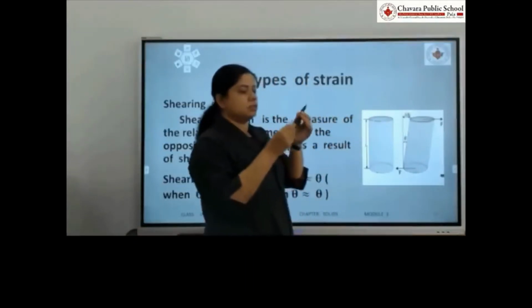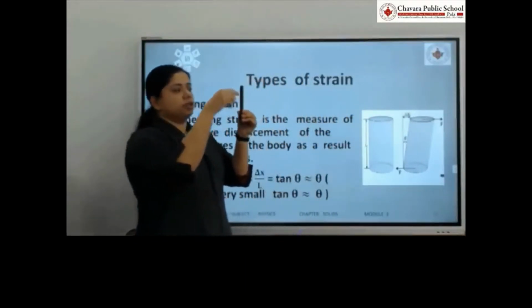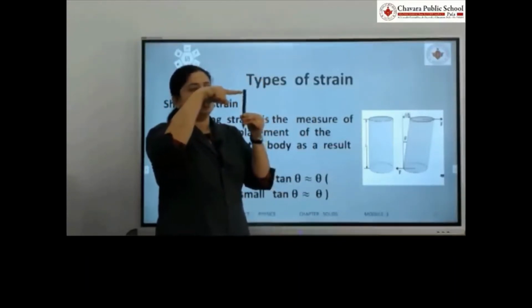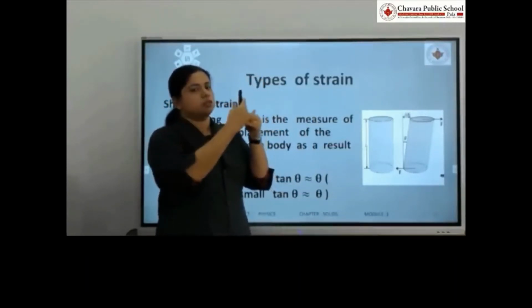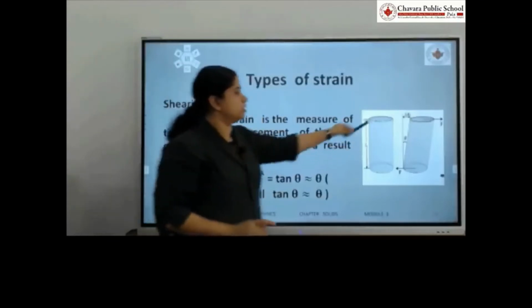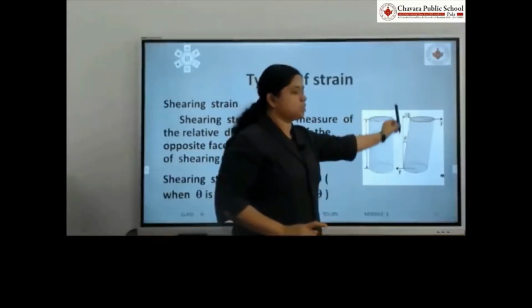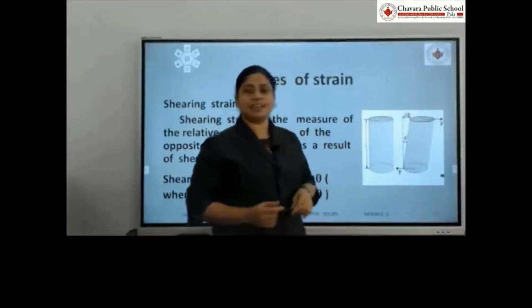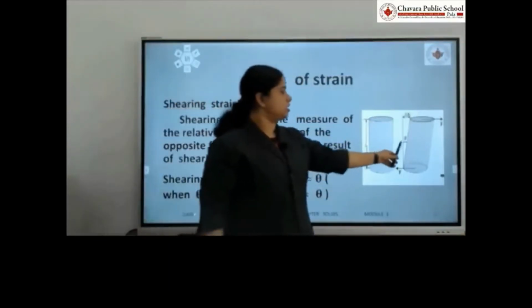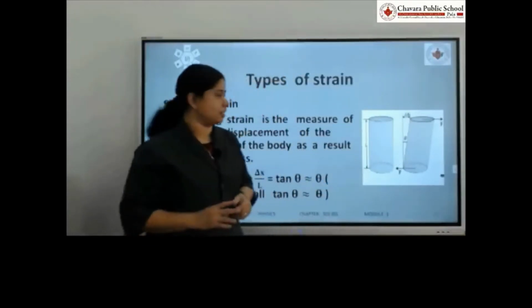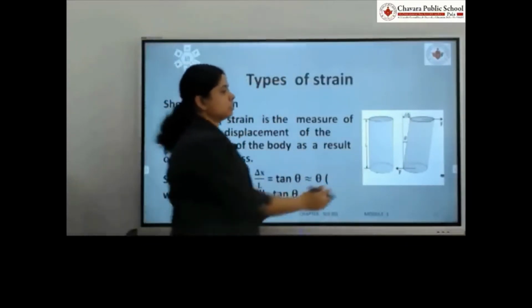So, this is our body. If you apply a force tangential to this cross-sectional area, the shape changes, as in the case of a rubber cylinder. So, there is a change with respect to the original position. The vertical displacement is delta x. The change is measured by an angle theta, so consider this triangle,